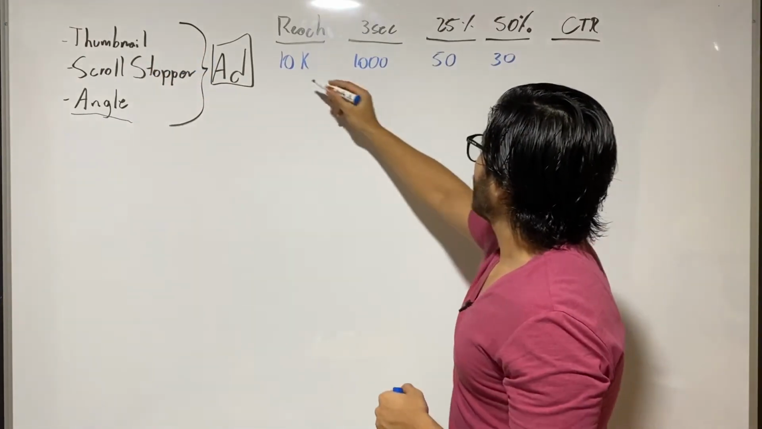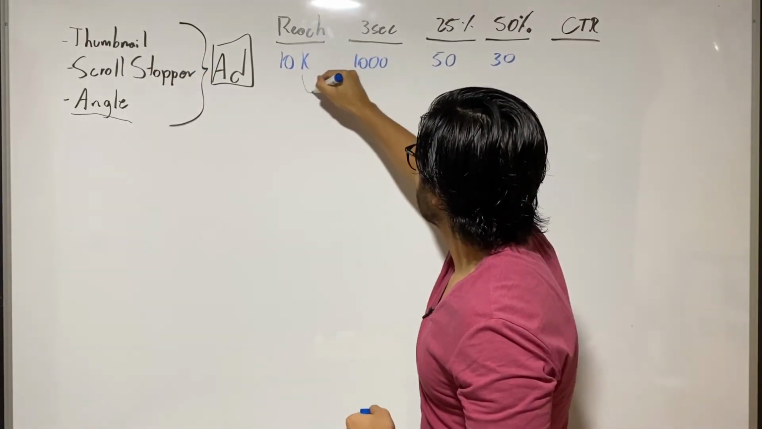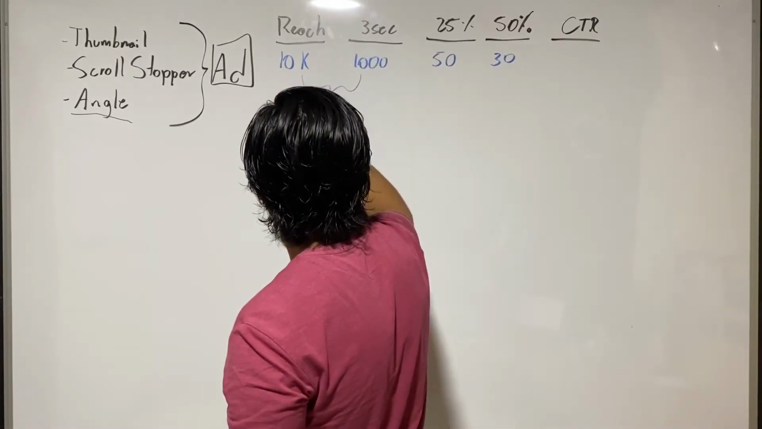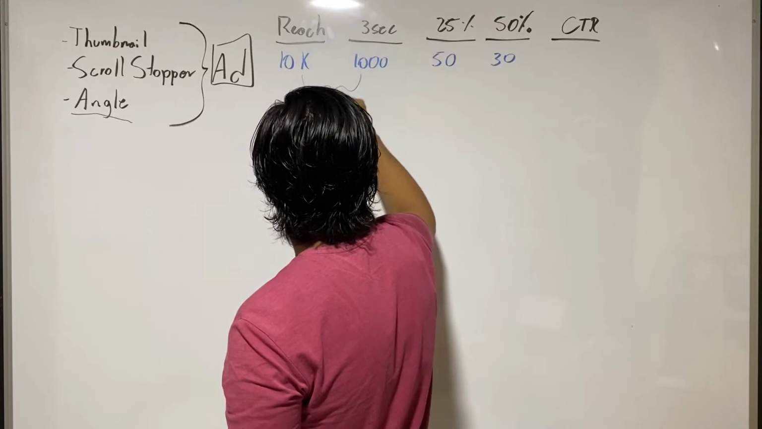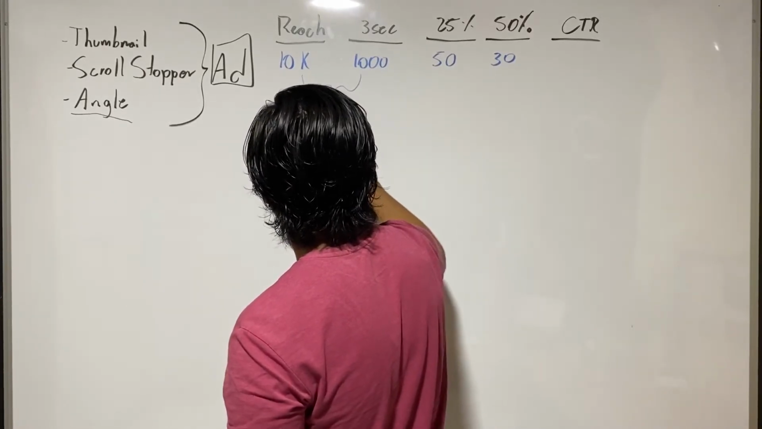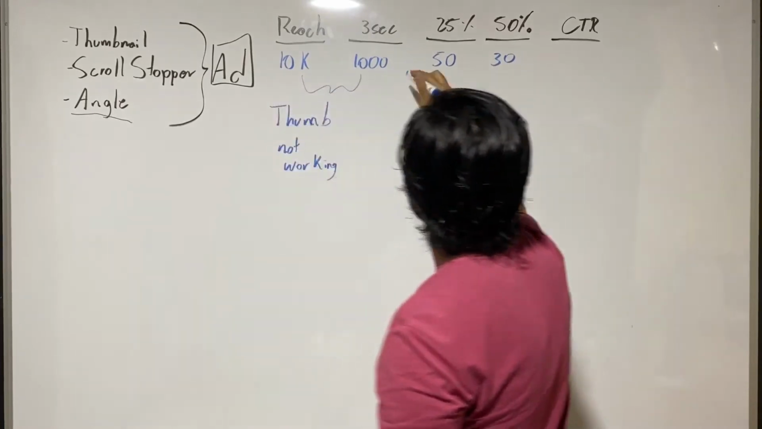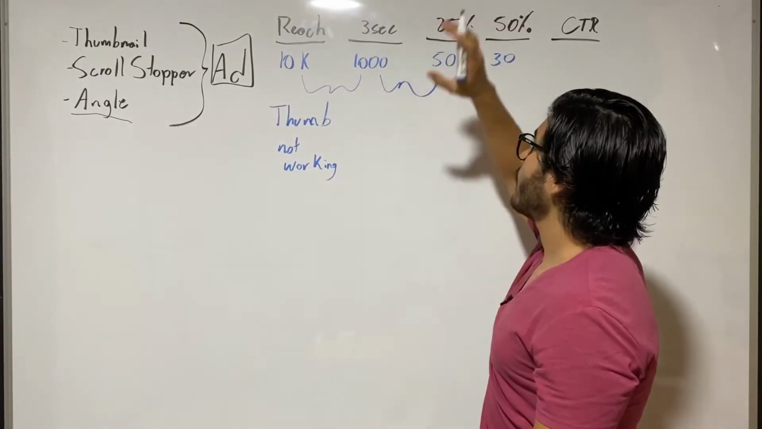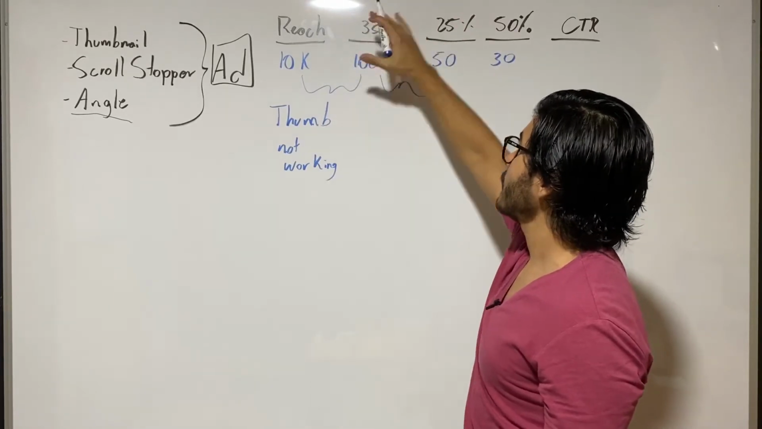And right here we have identified the thumbnail not working, and right here another huge gap. From 1,000 people who have seen the